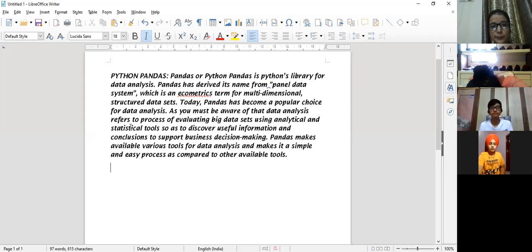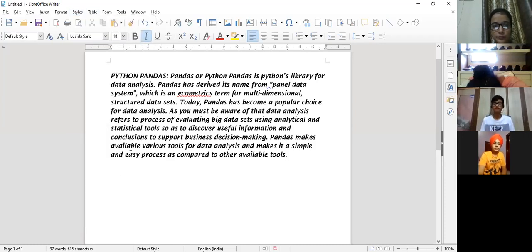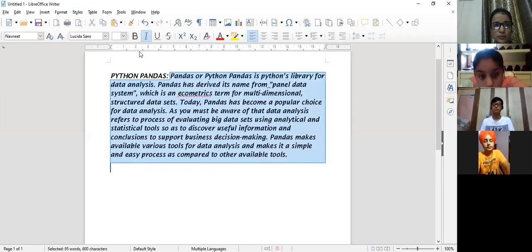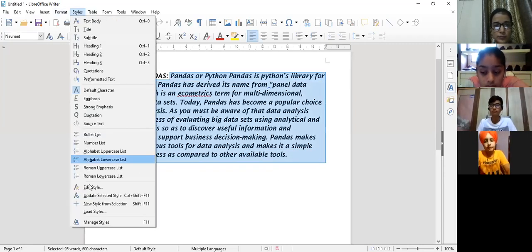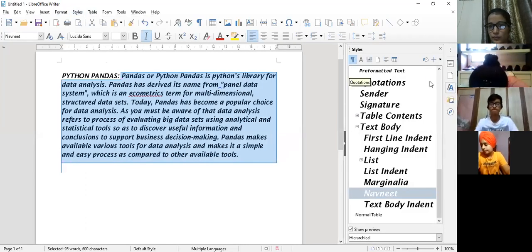It's taking time. See, all the text of the paragraph has been changed, even on the desk.